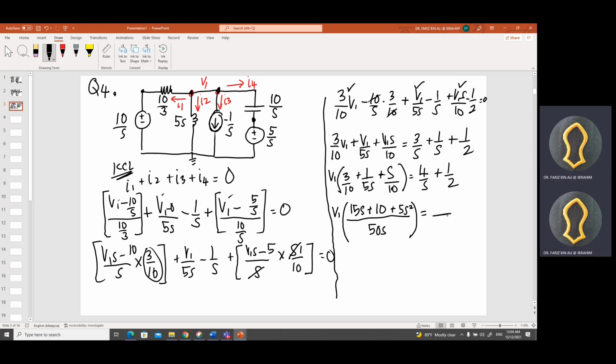Equal to, let's say at the bottom here, I want to have 2S. So here I have 8 plus S. S cancel out, will be 1 over 2. Okay, 8 plus S over 2S. I think this is true. You can double check if I have error somewhere. Let me know.